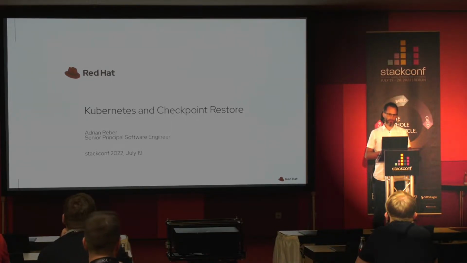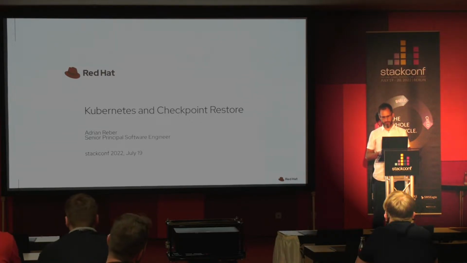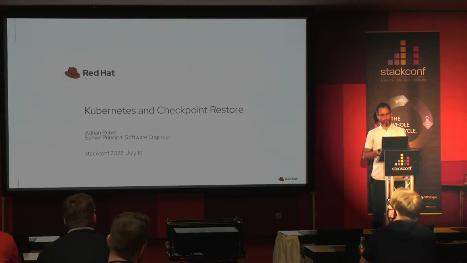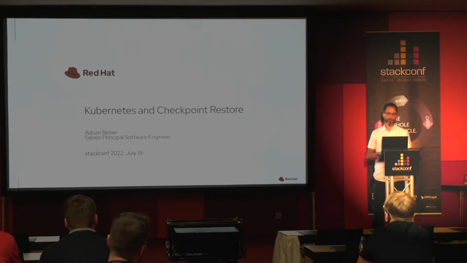CRIU is a tool, it's called Checkpoint Restore in Userspace, which does the checkpointing and restoring of the processes in the container. And I'm involved in CRIU, that's probably since 2012. And since I'm at Red Hat, I'm mainly looking at migrating containers. Before being at Red Hat, I was doing checkpoint restore in high performance computing environments,